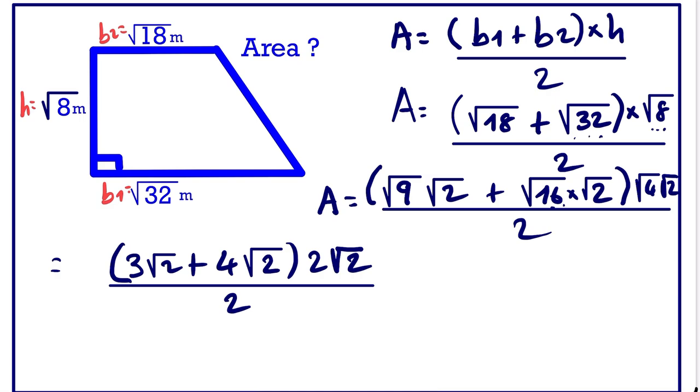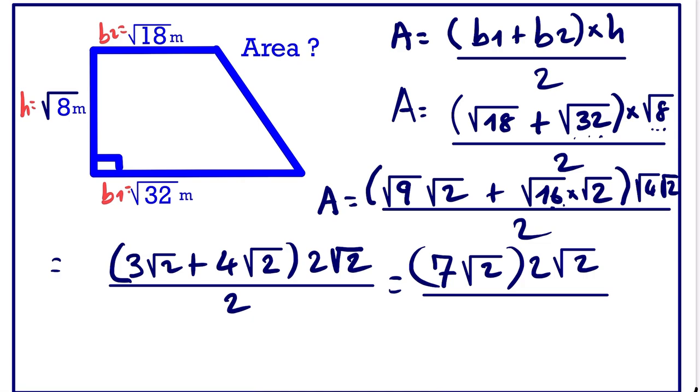If we add the values in the bracket together, 3 root 2 plus 4 root 2 gives us 7 root 2. So this is the same as 7 root 2 times 2 root 2,